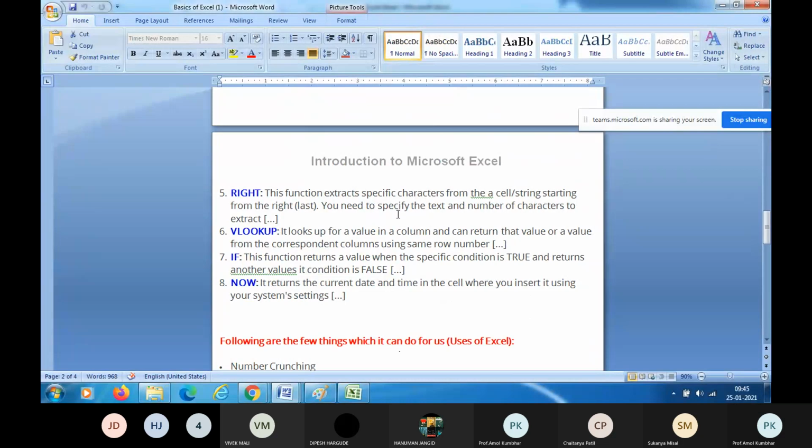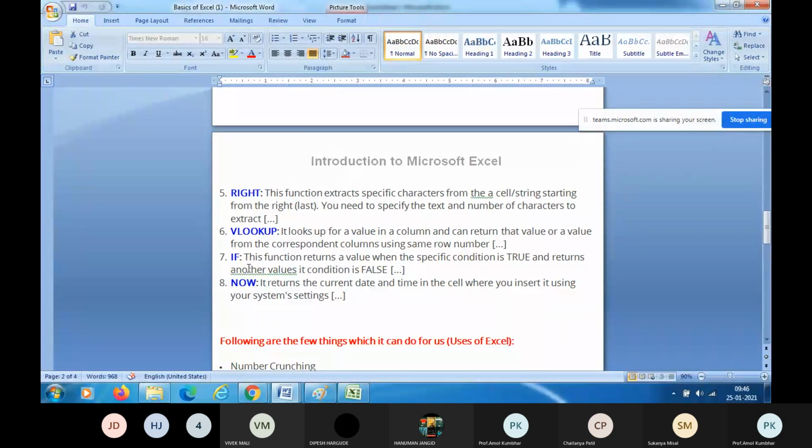You need to specify the text and the number of characters to extract. Next function, VLOOKUP function. It looks up a value in a column and can return that value or a value from the corresponding columns using the same row number.